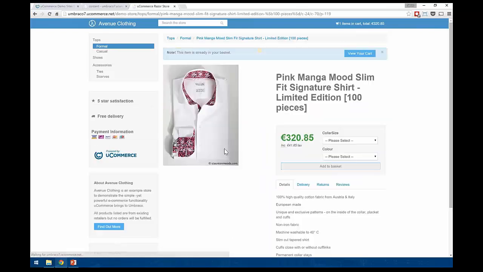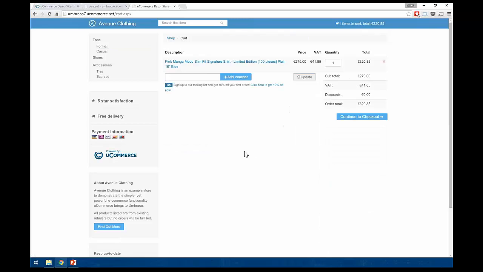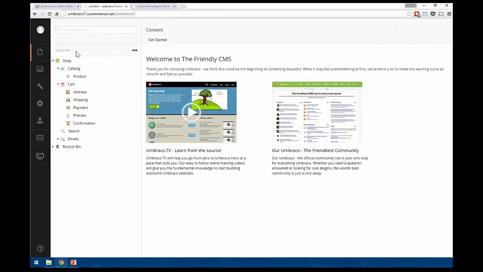Incidentally, the entire store here is driven by Umbraco. So product pages, catalog pages, the full checkout flow, it's all driven by Umbraco as you would expect, and so you have full flexibility in the way you put together your HTML. It does not have to look like this. You don't have to have 4 checkout steps. It can be 1, it could be 10, although 10 might be going overboard just a little bit. But it's all up to you is the point. Good. Checkout flow as well in here.